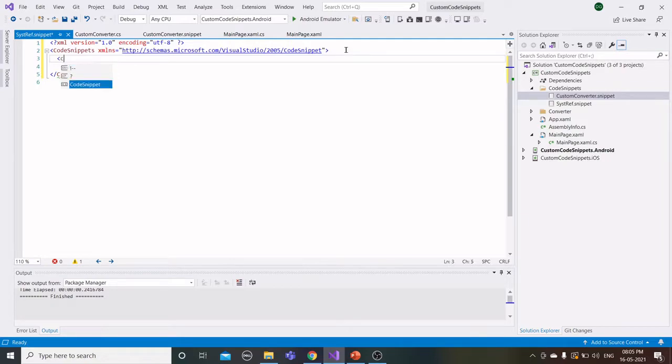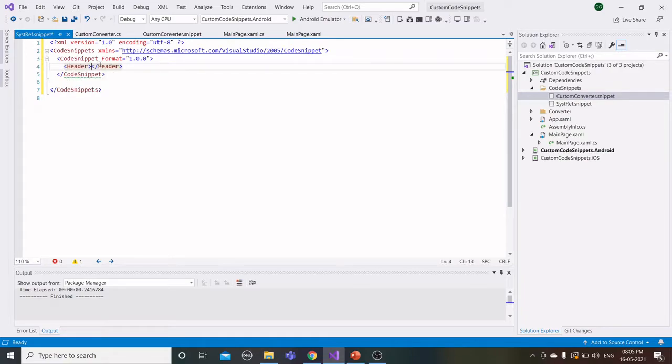And here we need to add some relevant tags for creating code snippets. That is CodeSnippet. In CodeSnippet, we need to give the format. The default format is 1.0.0.